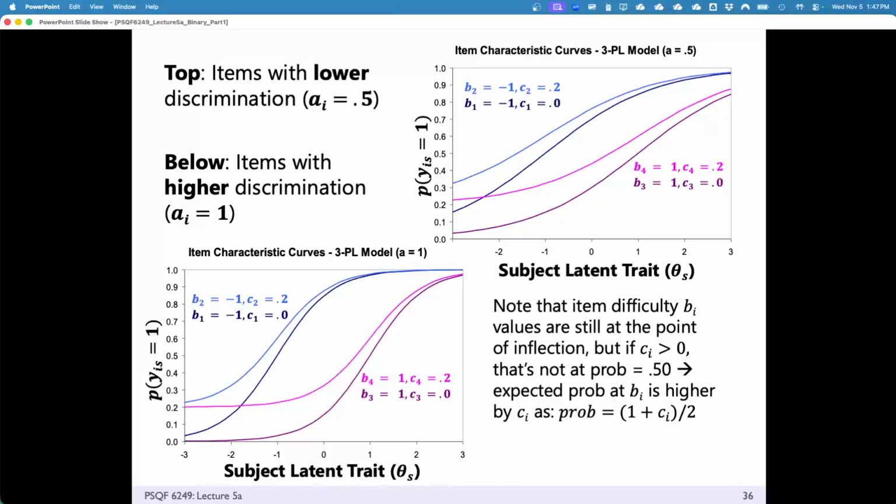The parameters are still the same, item discrimination and item difficulty, but they're estimated differently. They're all going to be yoked and transformed. You cannot just add this parameter and expect these all to be the same. For instance, item 4 and item 3, the two pink purple items here, have the same difficulty but a different guessing parameter, and you see the shapes are different. So it rescales the entire probability. Does that answer your question a little bit better?